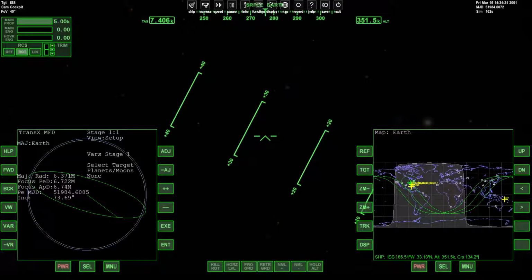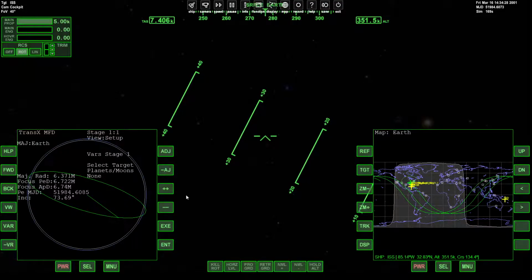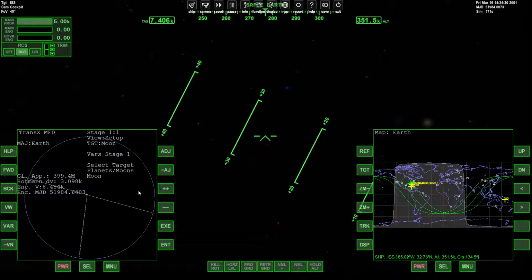Hello everyone, this is Dundun92, and this is going to be a brief continuation of the previous mission, or not really a continuation, as I didn't actually start the mission. But the goal of the previous mission was to find a way to get directly from